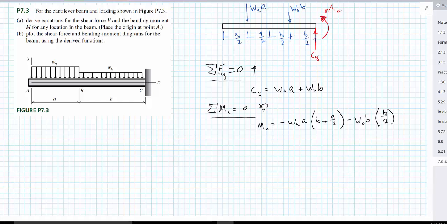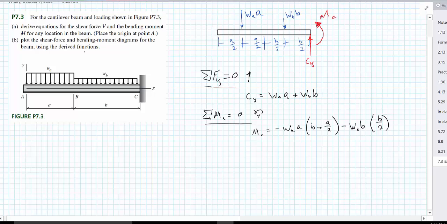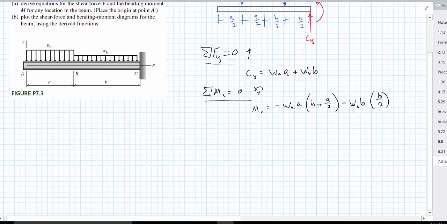We should be very familiar with this at this point. Now, the next thing that we want to do is the actual mechanics of materials portion, which is we are going to make an equation for our distributive load from point A all the way to C. And if you look here at point B, our loading conditions change. So we need to make an arbitrary cut somewhere between A and B and determine a function. And then we'll make another cut between B and C and derive another equation. So between A to B,